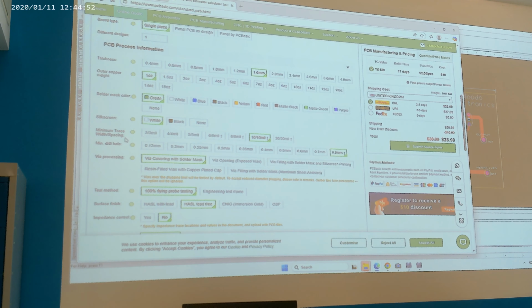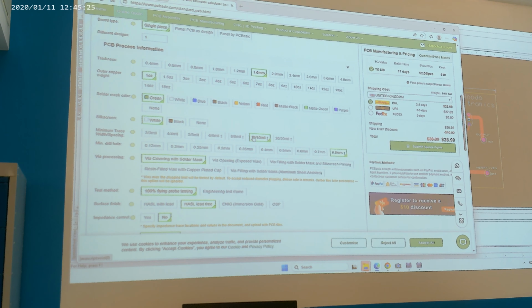Here we go with minimum trace width and spacing. Now, as you can see, their default is at 1010, which is mil. You see that mil there? M-I-L. That is not millimetres. That is thousandths of an inch, which is why I say PCBs tend to be in imperial, whereas schematics tend to be in metric. I don't know why, it is how it is. So what they're saying here is we really want you to be giving us 10 thou by 10 thou. So minimum width of your track should be 10 thou, and then the spacing between the individual tracks should be